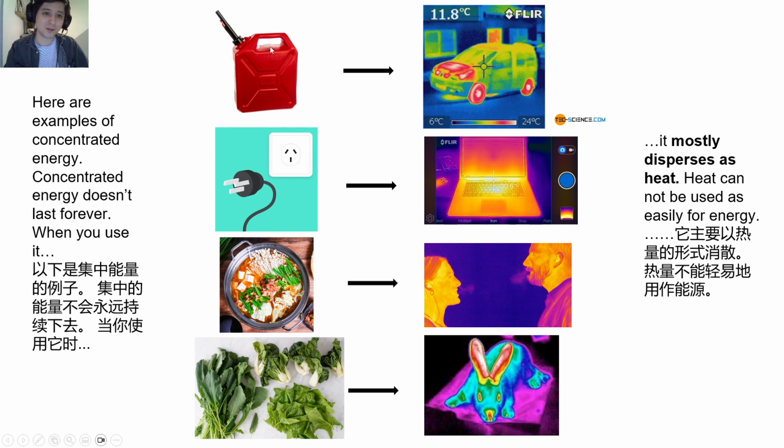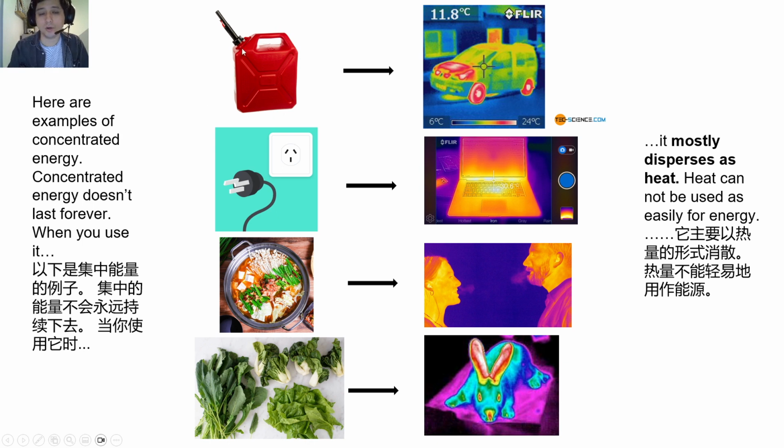On the left, we have gas, which came from the ground over millions of years. We have electricity, we have chemical energy in the form of plants. Here we have some hot pot, and we can eat it. Then what happens? They get consumed and used. These four on the left are like fuel, concentrated energy available to be used. And when they're used, this concentrated energy spreads out and becomes heat.